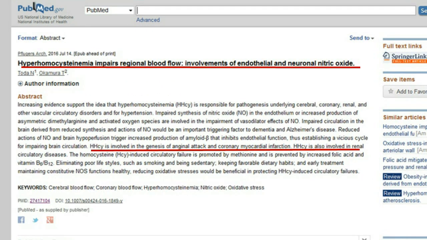In this particular journal article, 2016, hyperhomocysteinemia impairs regional blood flow. Could this be a causative factor in the endothelial and neuronal nitric oxide difficulties? So we're seeing more and more that it's not just the heart that is being involved, but in this particular study they're also noting renal circulatory diseases having a problem with